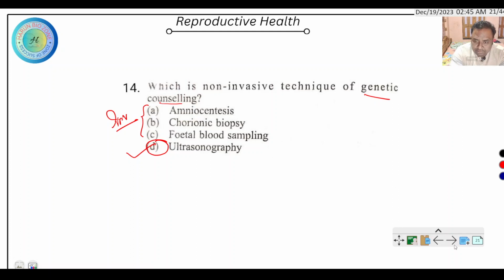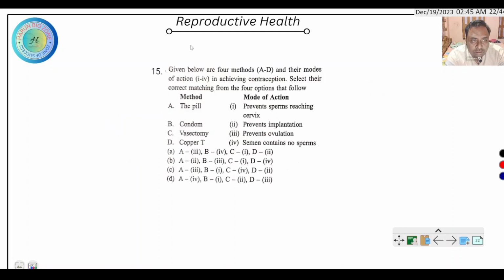Next question: given below are four methods and their mode of action in achieving contraception. Again, this question is derived from contraception, or controlling childbirth, or inhibiting pregnancy. Select the correct match. The pill prevents sperm reaching the cervix. A3 is the right option because